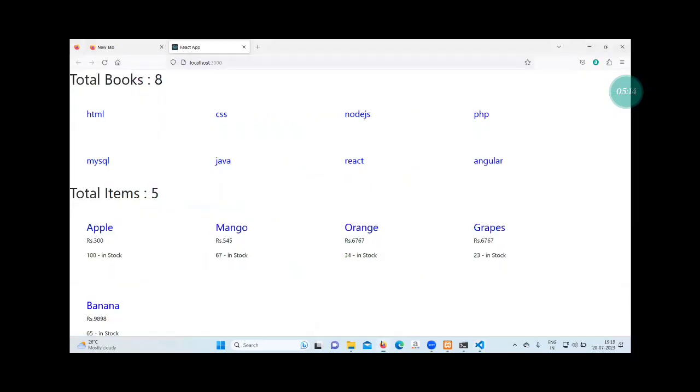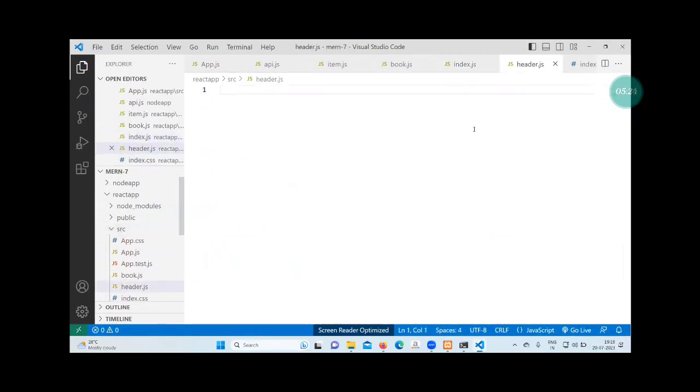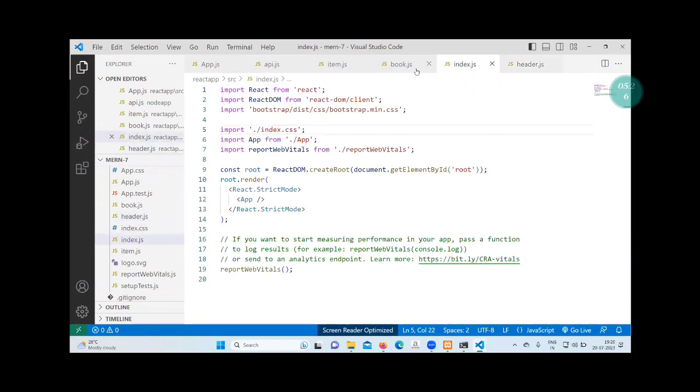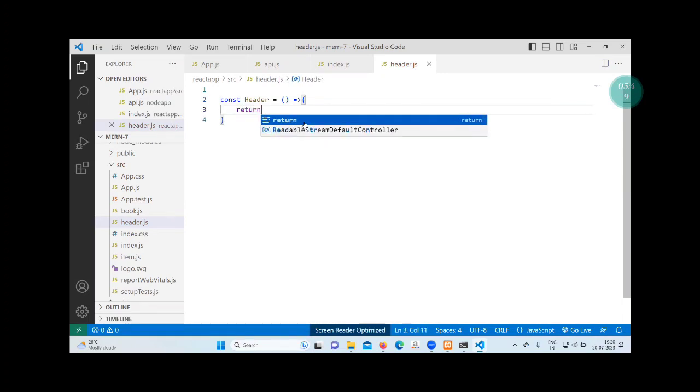Okay, next, after these two pages we have come to the src folder. Create one file, header.js, and in the header.js file we need to create the navigation part. Const header, return